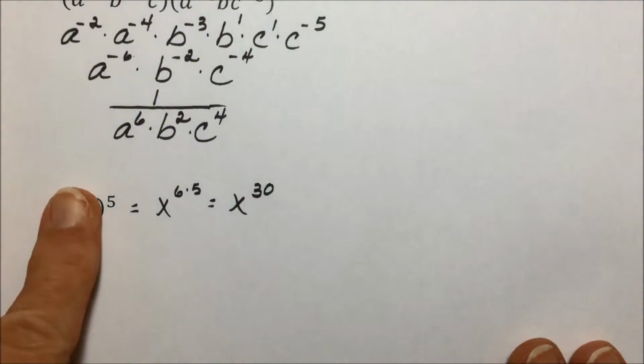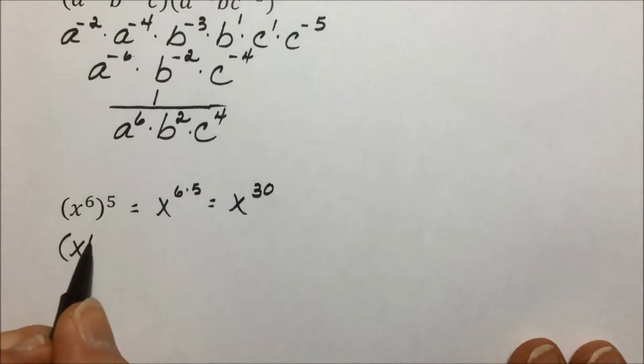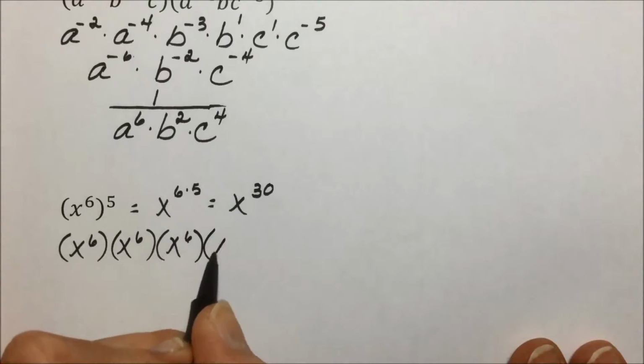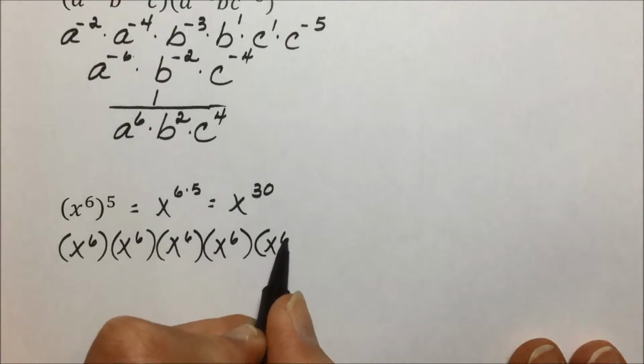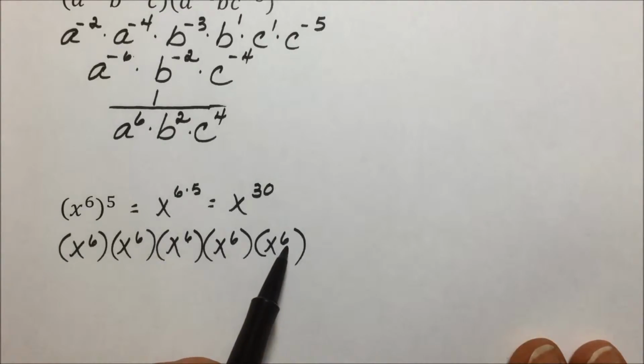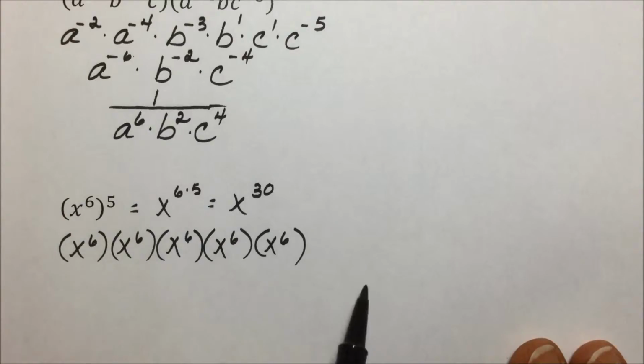If you're in question, as long as you understand the concept of what an exponent means, in this case we have something raised to the 5th power, that something is x to the 6th. So in expanded notation, this would be 5 x to the 6th powers multiplied together. We now have common bases multiplied together. You'd add your exponents, 6 plus 6 plus 6 plus 6 plus 6 would give us 30. And if that didn't click in, you could write the 6 x's for each one of them and add them up to give you x to the 30th power. Now in this problem, we didn't have to worry about eliminating a negative exponent.